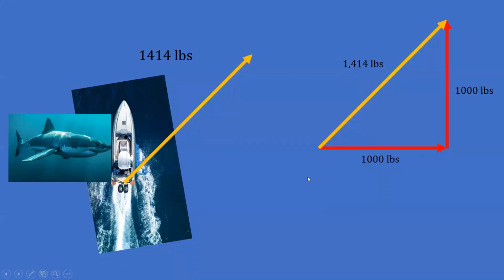So if you were to push, forget about the shark, I should really remove the shark from the picture. If there were some other agent pushing at 45 degrees with the force of 1,414 pounds, the boat would move in a way that was identical to the original two forces being applied simultaneously. Again, not obvious, but a very important fact. I say fact because it's something you can actually confirm in a lab, and really